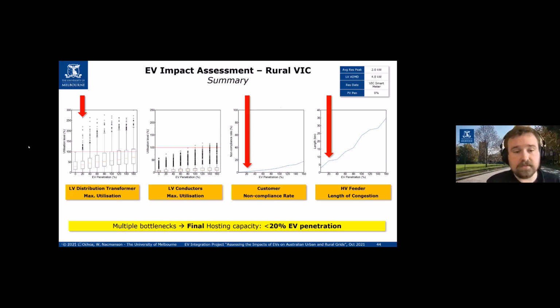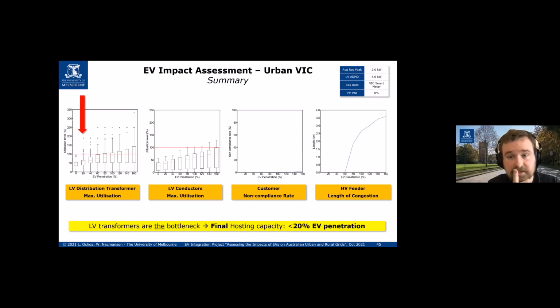Still very significant. So if we move finally onto the urban Vic, we can see that we have a similar EV hosting capacity, but the problems we have are not quite as widespread. Here we have a few LV distribution transformers overloading, but by 60% EV penetration, we have about a quarter of those transformers already overloaded. So that's very significant. This is quite a large feeder, so we're talking about quite a lot of transformers there. Whereas the LV conductors start to overload at 80%. We have minor voltage problems, particularly once we go beyond 80%.